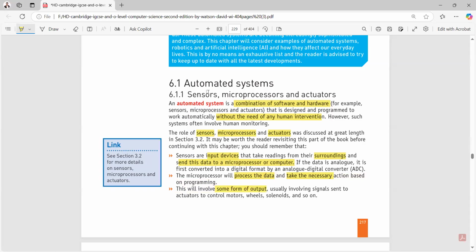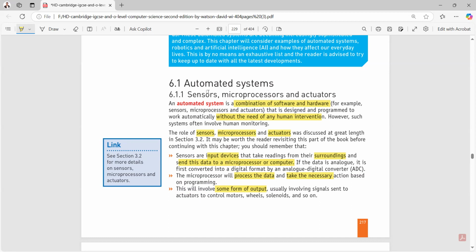Basically, an automated system is a combination of software and hardware, and it has three important areas: sensors, microprocessors, and actuators. We know already that sensors are used to sense your surrounding values, and they are used in other electronics as well. Take the example of the automatic door in shopping malls. As you go there, it automatically opens. That is only because of the sensors, because sensors sense the surrounding environment. The microprocessor is the brain of your computer or machine that helps you process data and make decisions. And the actuator is basically